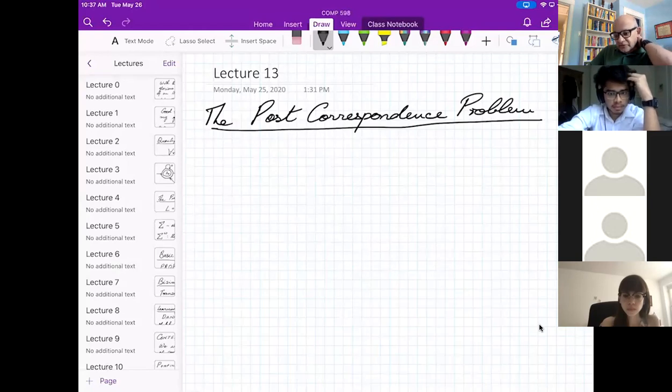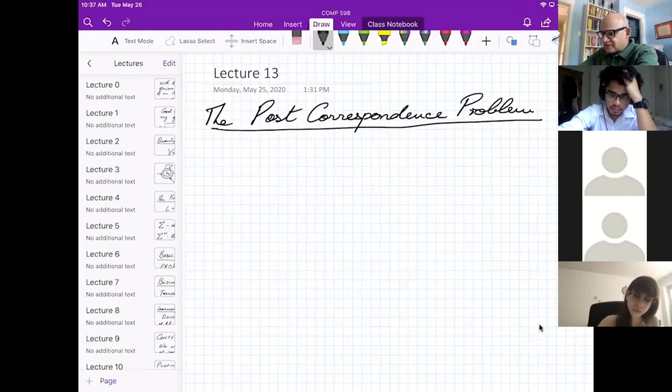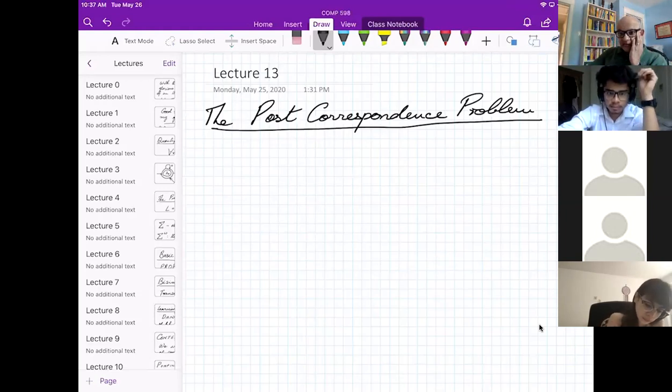Today we're going to do lecture 13, a lucky number. We're going to do the post-correspondence problem, which is a long reduction, but then we're going to use it to show that the validity problem for first order logic is undecidable. So here goes. The post-correspondence problem, I put notes like this on the website. You should be able to read them and access them. And of course, details and all are there if I skip over anything in class.